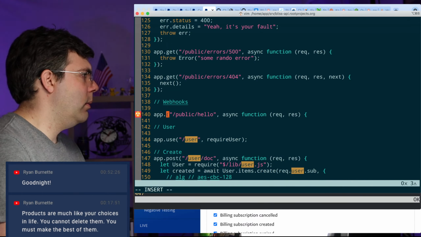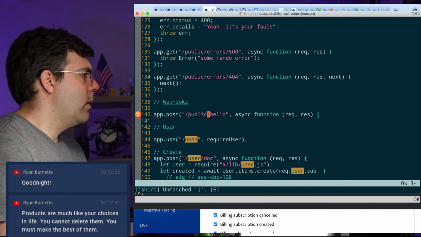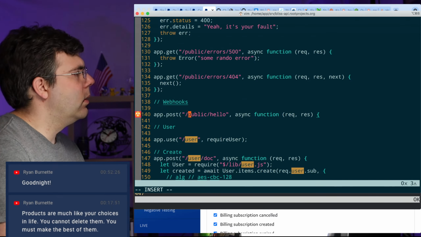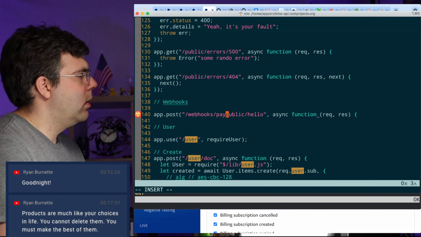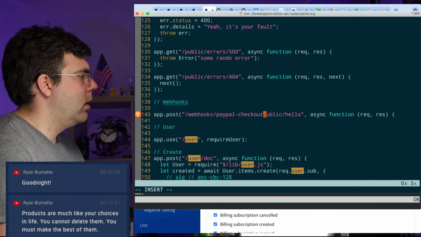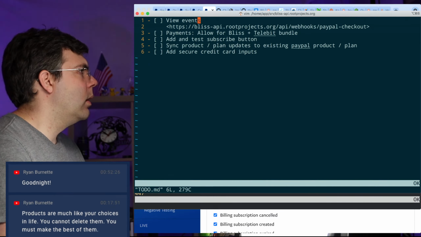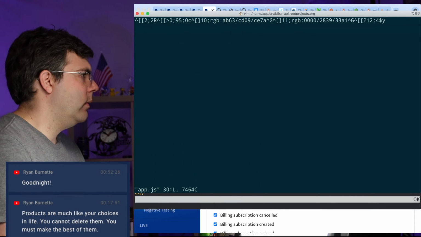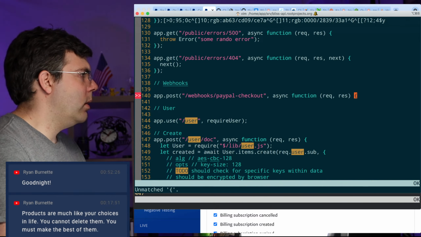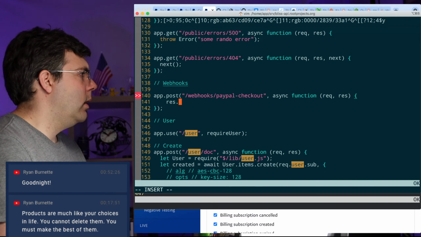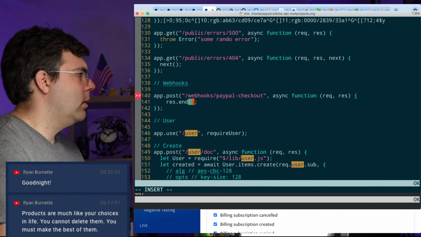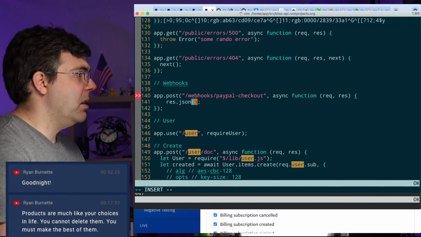So let's see what happens. Webhooks, API webhooks, PayPal checkout. So I guess what I want to respond with is res.json success true.